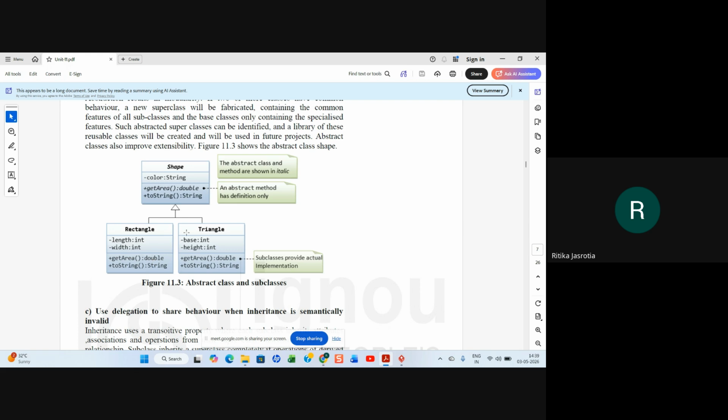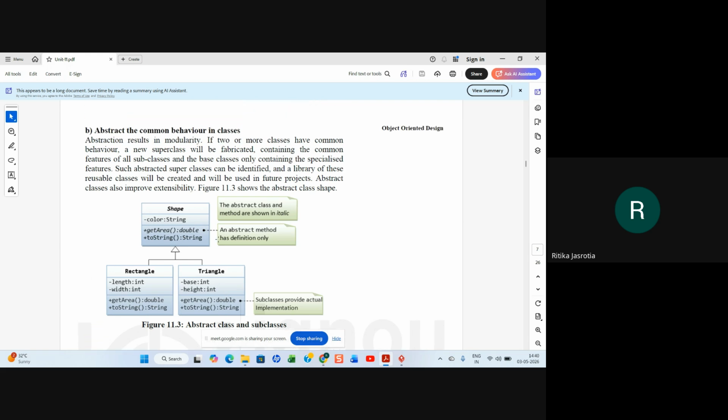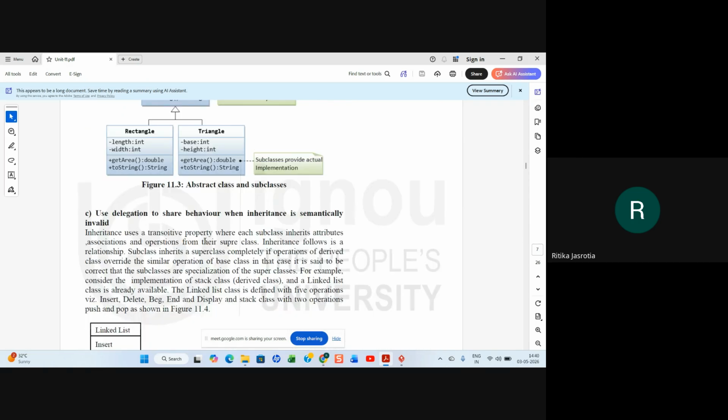Rectangle will be length into breadth, triangle will be half base into height if it is a right angle triangle, right? So that kind of a thing. And the toString function is accessed from shape here also, right? This kind of a thing. So abstract the common behavior in classes. See the common behavior and abstract, you can make an abstract class out of that, which is shape.